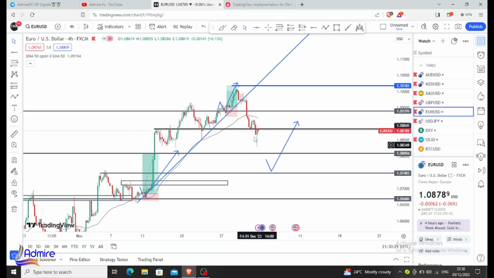But if this retracement still continues to the 1.0748 and a bullish continuation to the upside, you'll have a very good and nice sniper entry. And believe you me, if I get any entry from this area, then I'll be swinging it over 1,000 pips to the upside, which is the 1.1018 area all the way up here. So that's it for Euro USD.